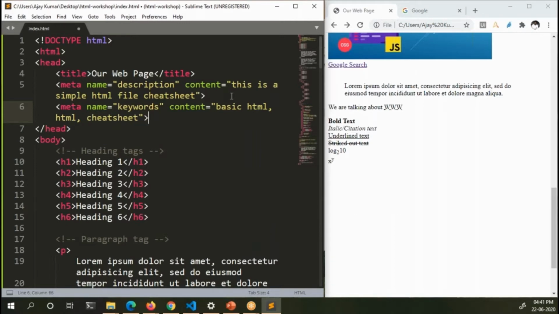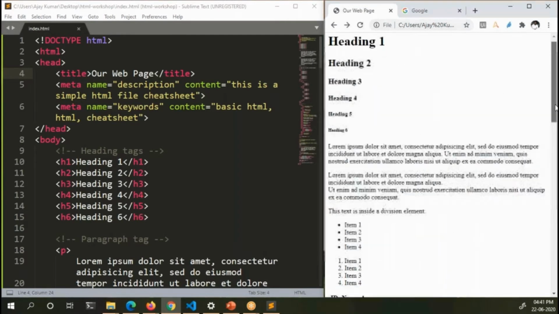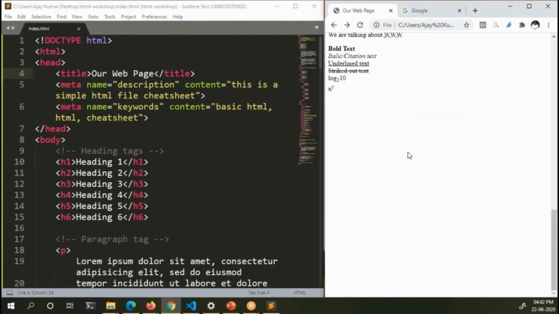Of course, these meta tags don't display anything. For example, let us save and refresh our page. The page doesn't display anything else. It just stays the same. But these meta tags help search engines a lot.